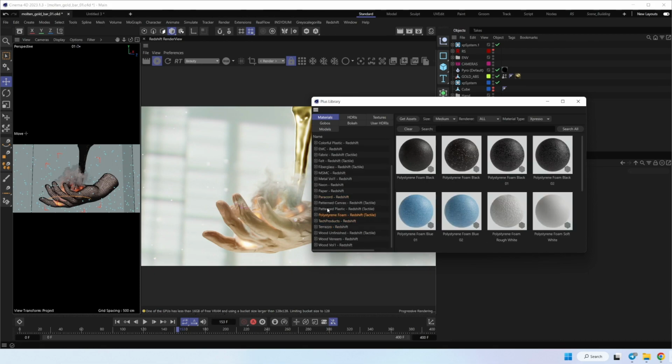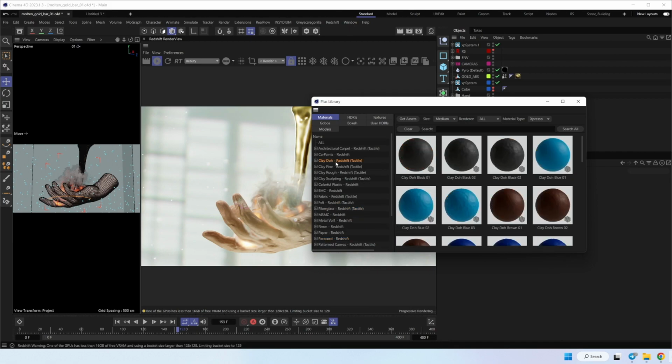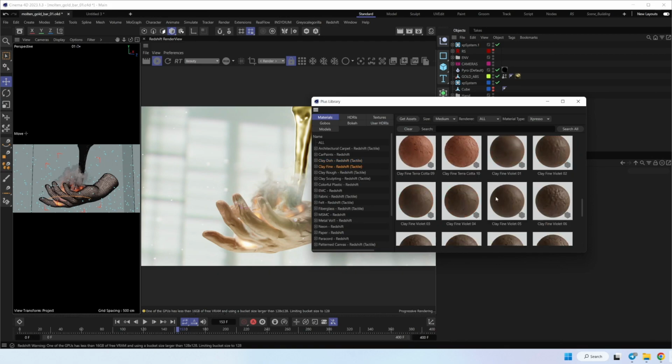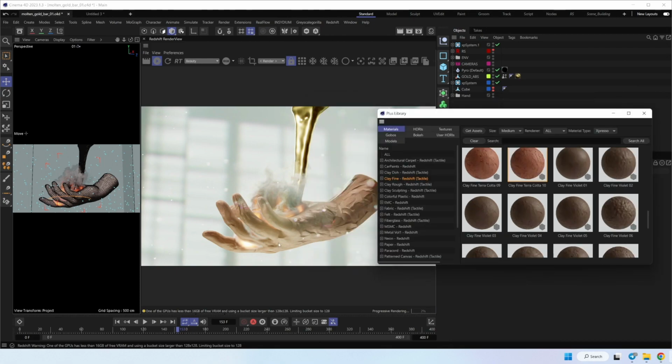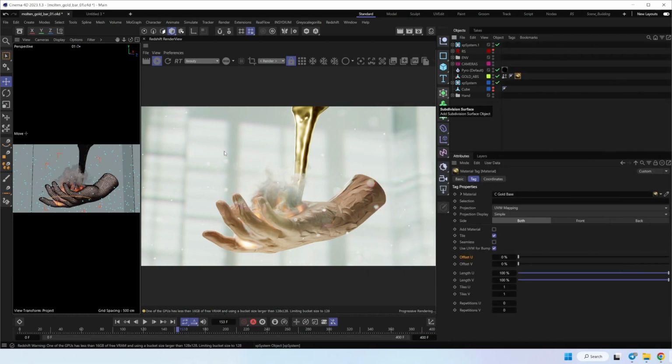If I remember correctly where it is. Yeah, I think it was this one. So I used this for the hand model, then I used a simple gold shader for the gold bar,